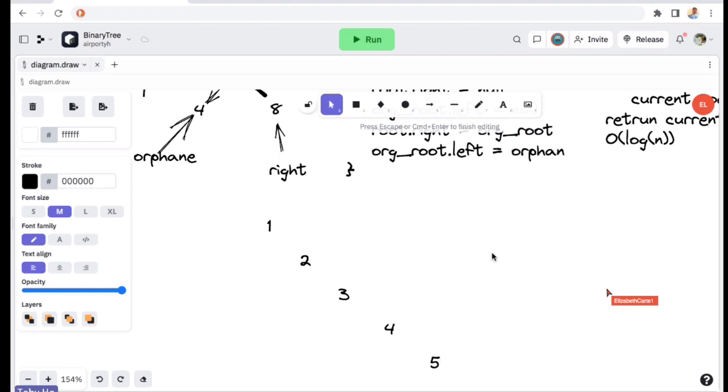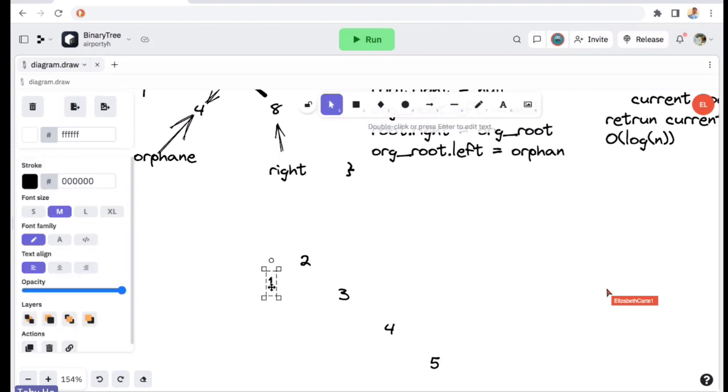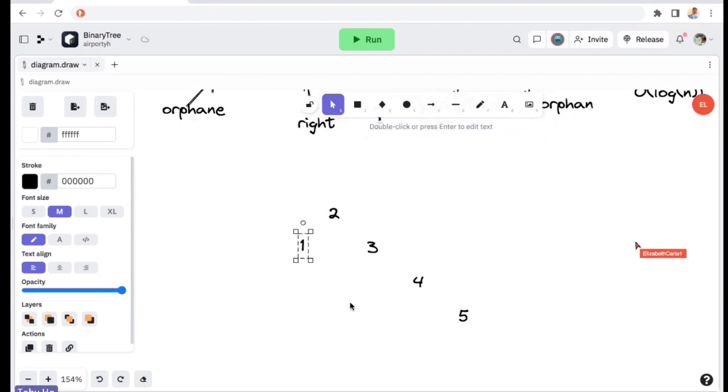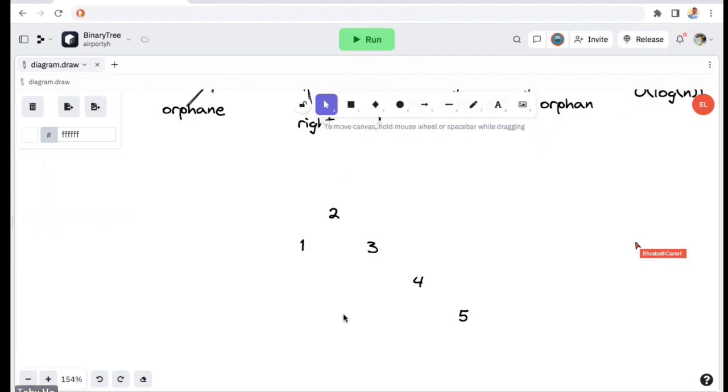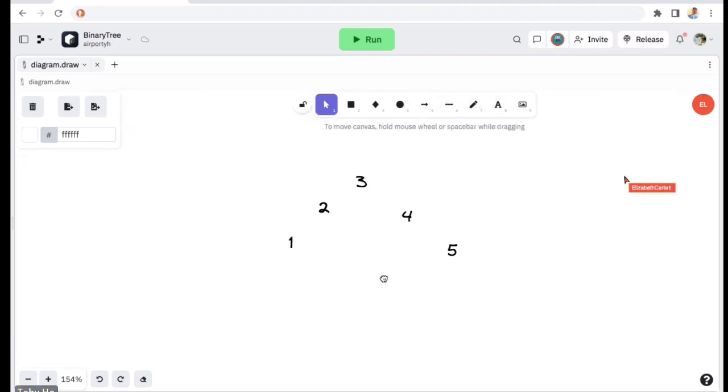Let's do a left rotation, and you would end up with this. Then that's better, but it's still not great, right? And then if you say, okay, that's still not good, let's do another left rotation, then you would end up with this, probably. That would be better, but still,